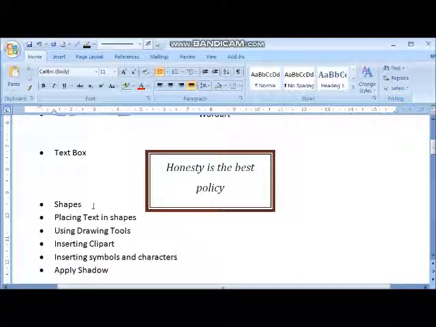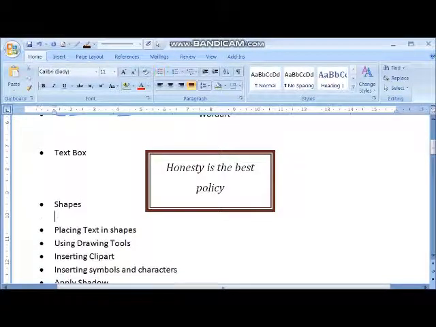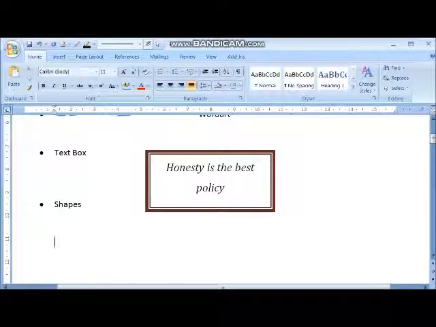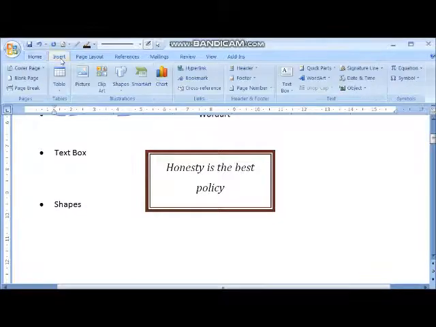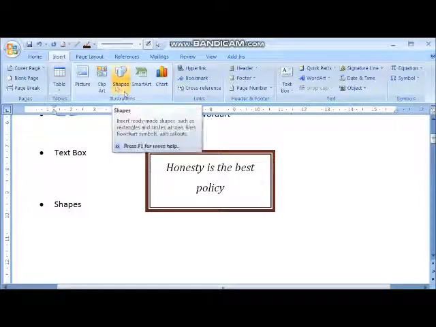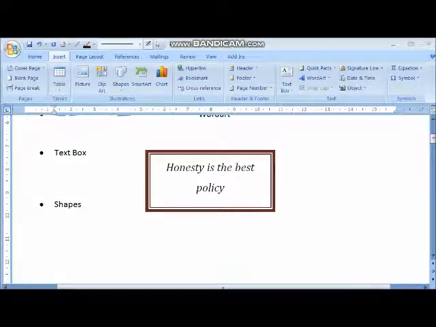Now we are going to talk about your shapes. What are that shapes and how to insert? I already told you, if you are inserting anything, you have to click on insert tab. Then you are going to click on these shapes. दिख रहा है यहाँ पर shapes? Okay, if you have seen, I am going to show you through highlighter. This is your shape. This part is your shape. कहाँ है ये? On the insert tab.